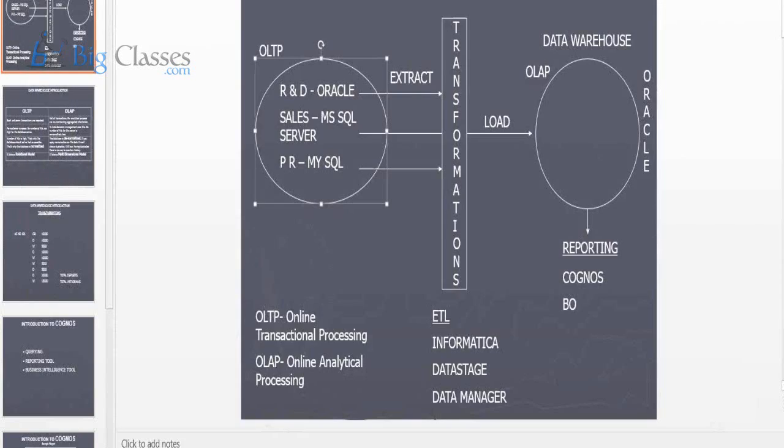Okay, now by using the Cognos tool, we're going to prepare some sort of reports. How to create the reports, I'll explain in the tool itself. But now I'm preparing some sample reports for your understanding, to show what a report is and how it will be useful for business. A sales manager asked us to create a report which shows how much revenue was generated by the staff in February, March and April, and the difference. You want to see whether their performance is increasing or not. So I am preparing a sample report.